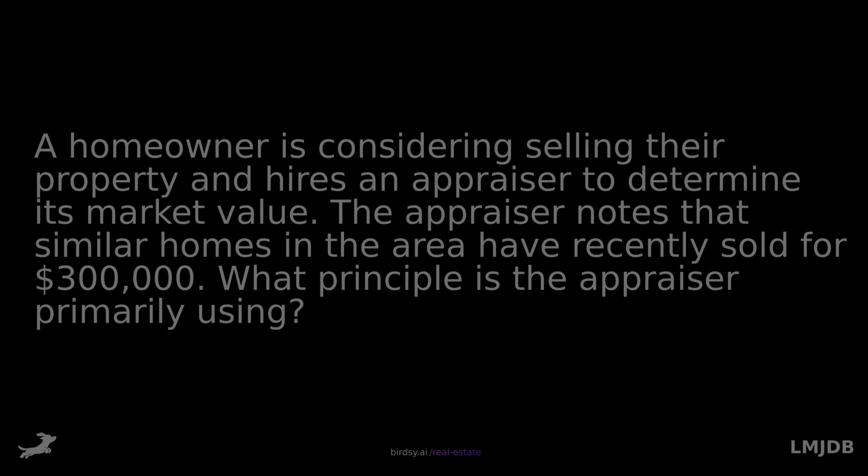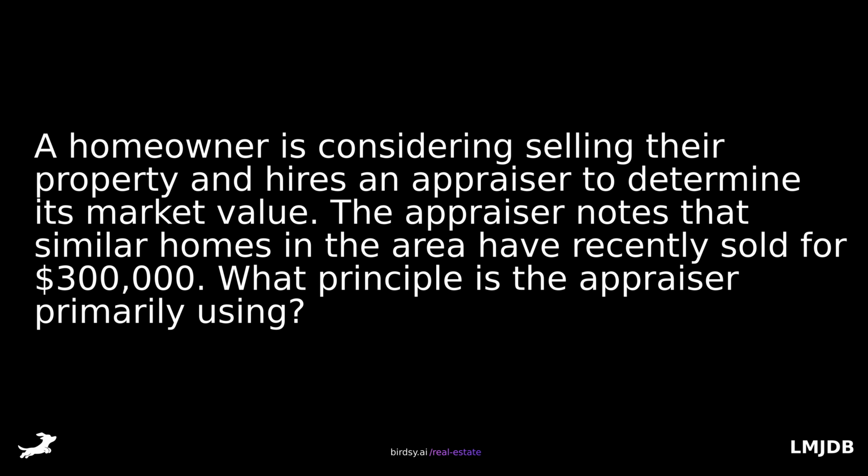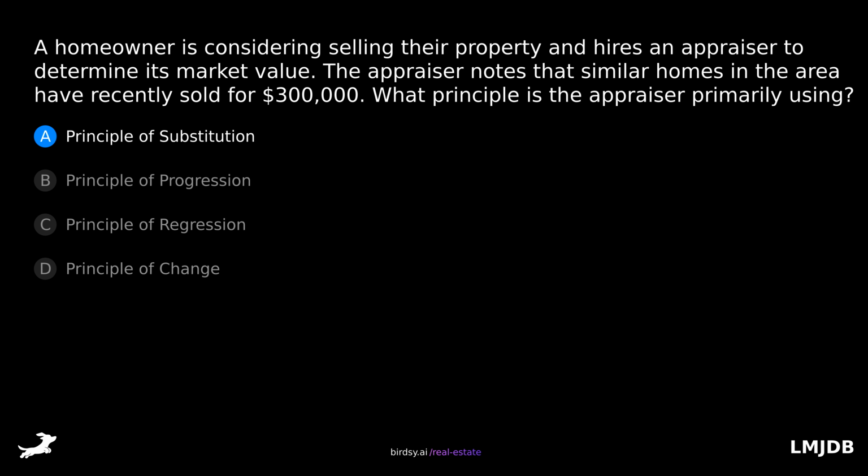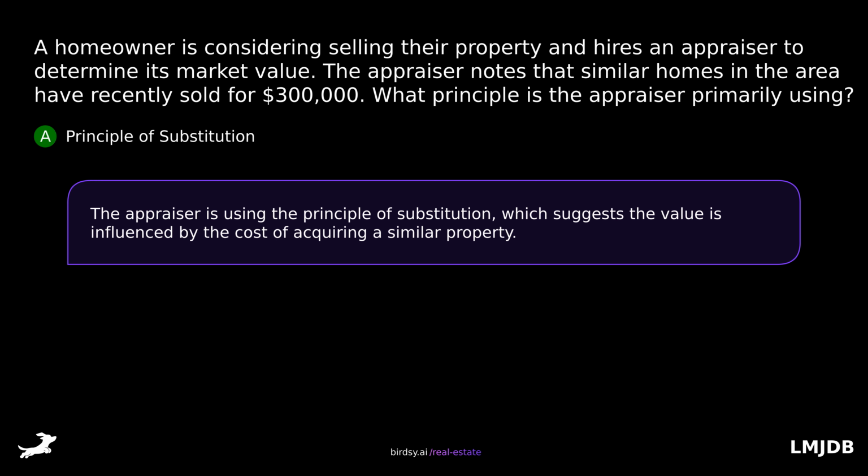costs. A homeowner is considering selling their property and hires an appraiser to determine its market value. The appraiser notes that similar homes in the area have recently sold for $300,000. What principle is the appraiser primarily using? Is it A, principle of substitution, B, principle of progression, C, principle of regression, or D, principle of change? The answer is A, principle of substitution. The appraiser is using the principle of substitution, which suggests the value is influenced by the cost of acquiring a